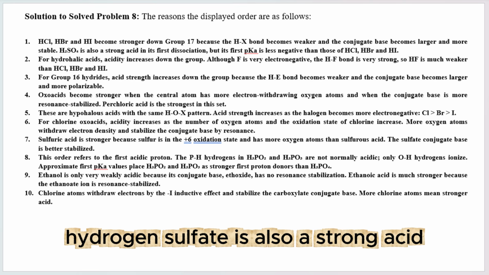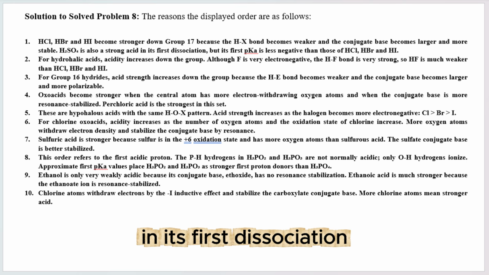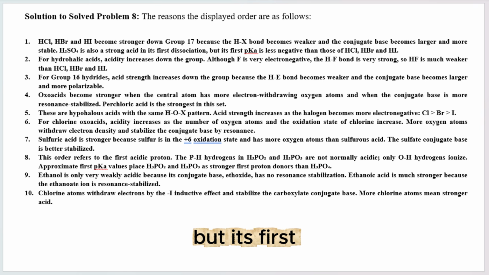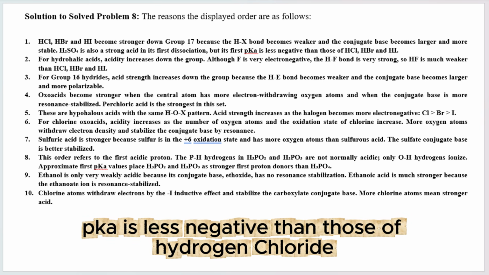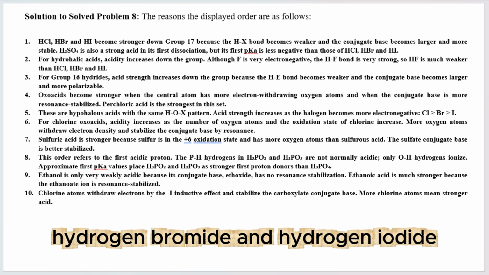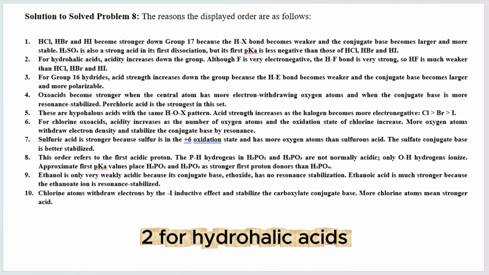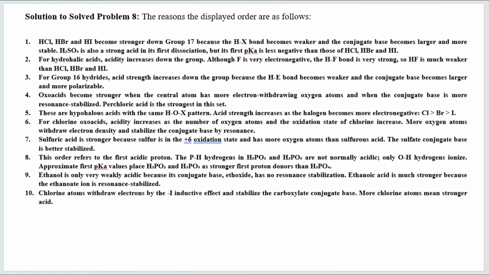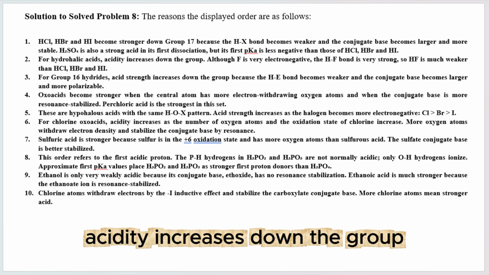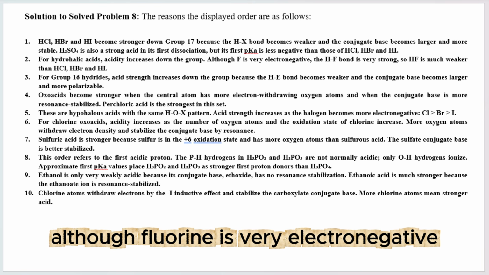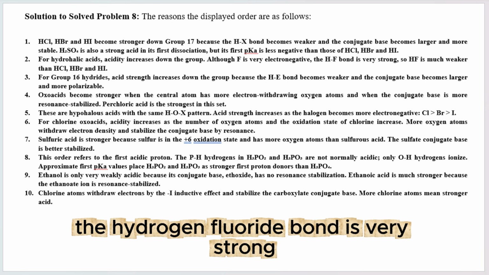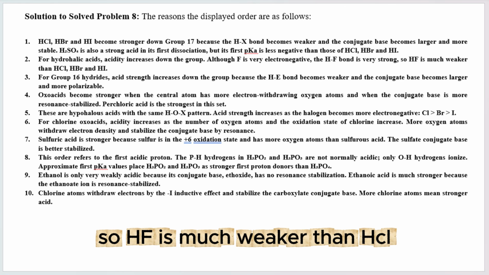Hydrogen sulfate is also a strong acid in its first dissociation, but its first pKa is less negative than those of hydrogen chloride, hydrogen bromide, and hydrogen iodide. 2. For hydrohalic acids, acidity increases down the group. Although fluorine is very electronegative, the hydrogen-fluorine bond is very strong, so HF is much weaker than HCl, HBr,